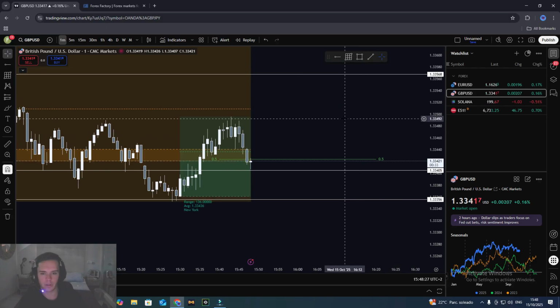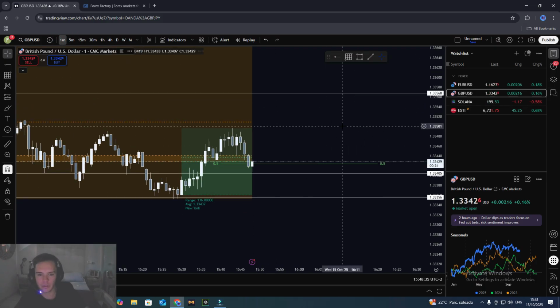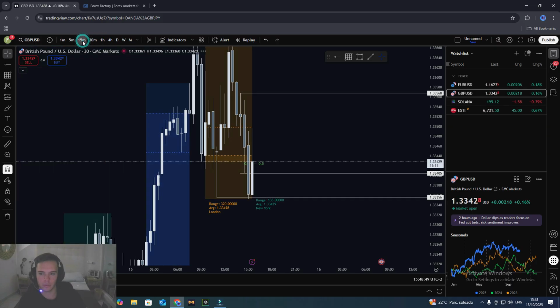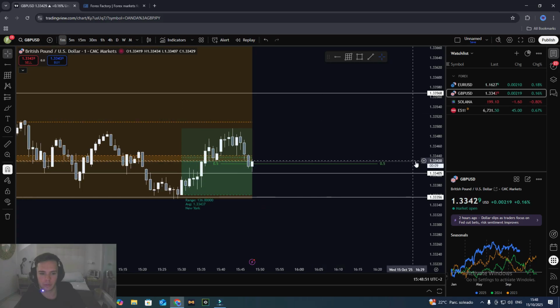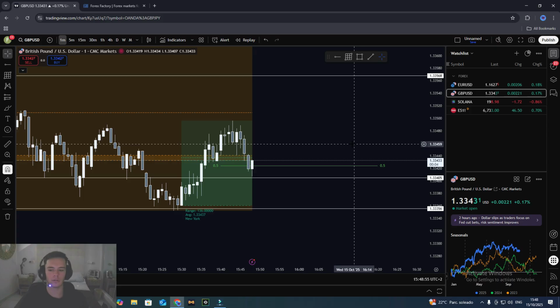Okay, so you see here how it looks kind of like a break of structure, like we're changing direction. On the 5 minute, it doesn't look like that, but on the 1 minute, it does. That's why you have to use these time frames. You have to use 5 minute, 15 minute, 1 minute. You have to use the higher time frames with the lower time frames. You can't just use the lower time frame and be like, oh, we've got a fair value gap, we're respecting it, let's take a short, guys. No, that's not how it works.